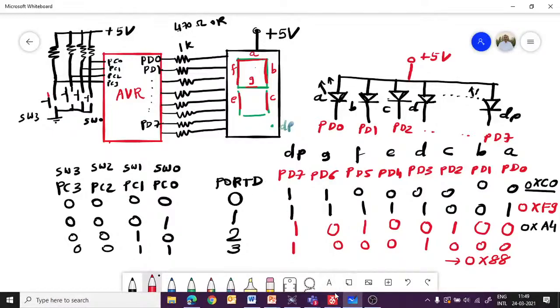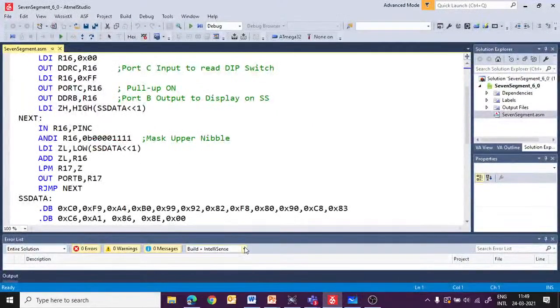And let us see what is there in the program. It is 88 or not. In the program, this is the code corresponding to 0, 1, 2, 3, 4, 5, 6, 7, 8. As you can see, instead of 88, 80 is written. That's why it's not displaying correctly, right? So I will make it 88. So this is corresponding to A, B, C, D, E, and F. 0, 1, 2, 3, 4, 5, 6, 7, this was 8 actually, 8, 9, and A. So here there is a mistake, right? So the code was wrong. So that's why it was not displaying the segment correctly.